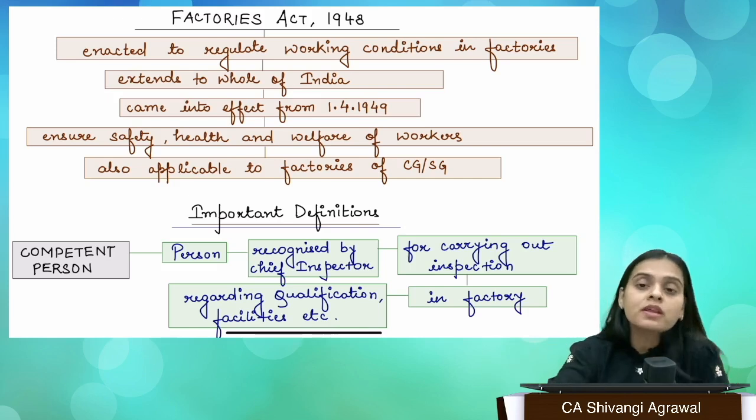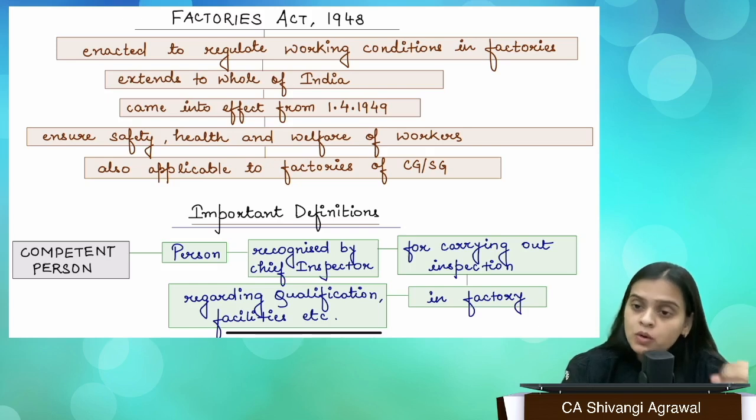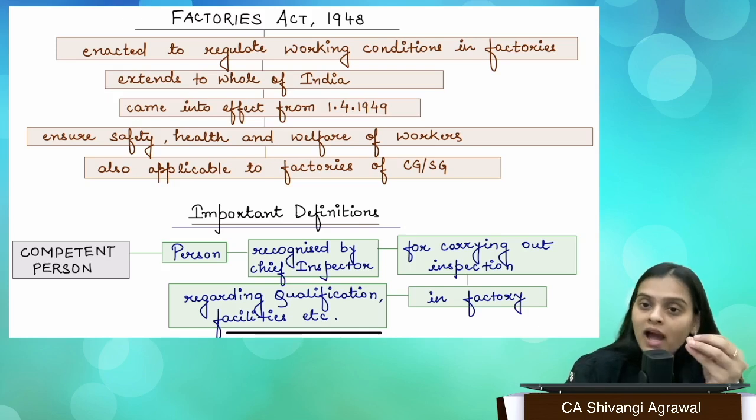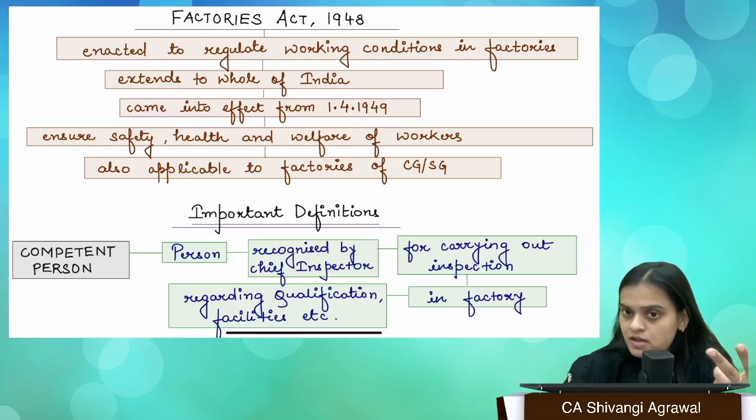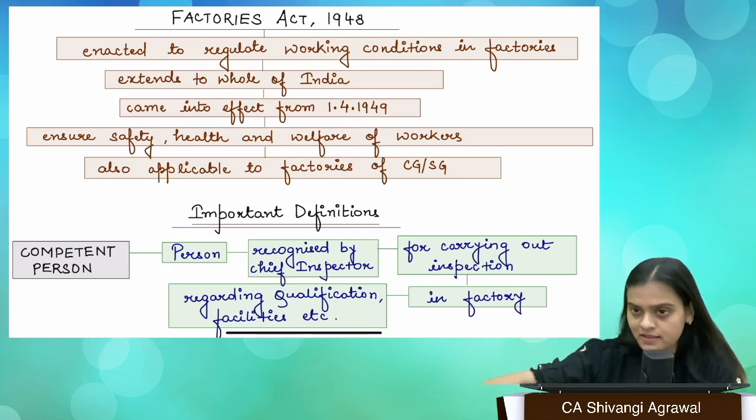So in order to take care of all of that, and keeping in mind that there are a lot of young persons also who are employed in the factories, who need extra or special care, because they are not adults who can take care of themselves, right? Keeping in mind all of this, the Factories Act came into picture to provide us health, safety and welfare measures, right?